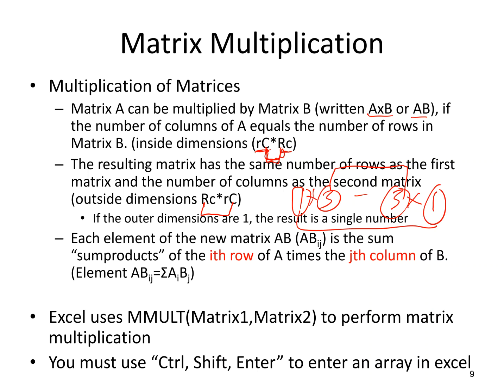Now let's talk about what it actually means to multiply two matrices together. You take these two matrices and multiply them together. That new matrix has the outer dimensions of the two matrices, and each number in that new matrix is a sum product. If we multiply A times B, the item in the ith row and jth column of that new matrix AB is a sum product of the ith row of A times the jth column of B. We're going to do that in Excel using the MMULT function. We're going to say MMULT, put in one matrix, say matrix A, put in the second matrix, matrix B, and we're going to hit Control-Shift-Enter across an area or an array that has the outer dimensions,